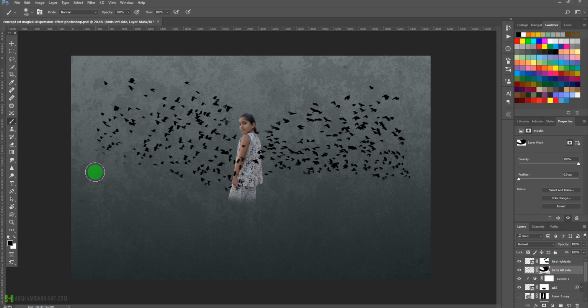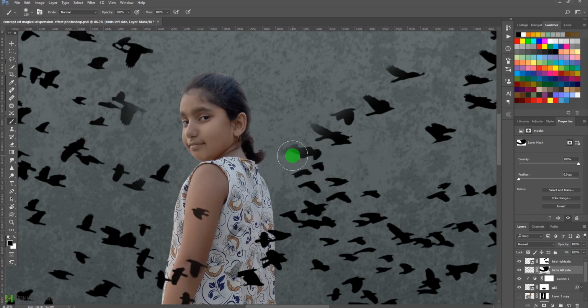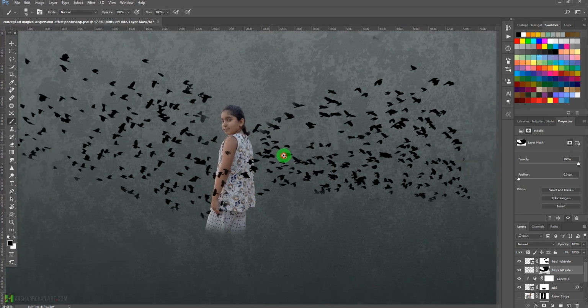And if you want, you can refine these as well on this side and zoom in to see the result and refine these. Okay, and once we are happy with the result,